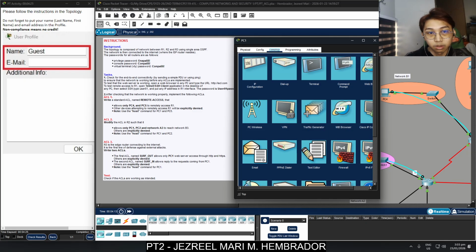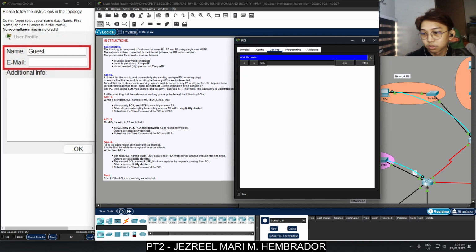So we're going to go to the web browser and we're going to try to type http://acl.com, and let's wait.